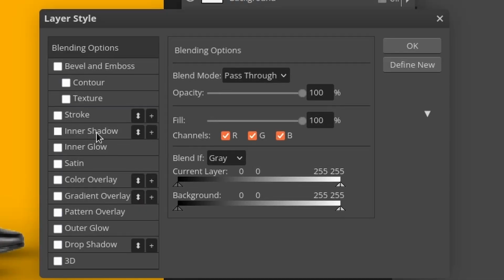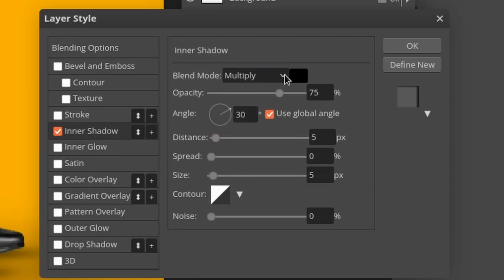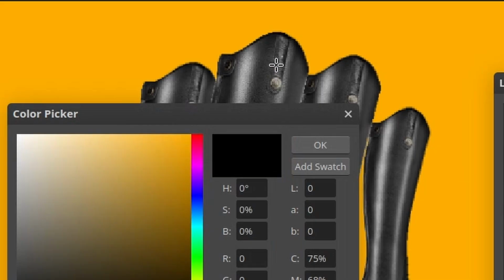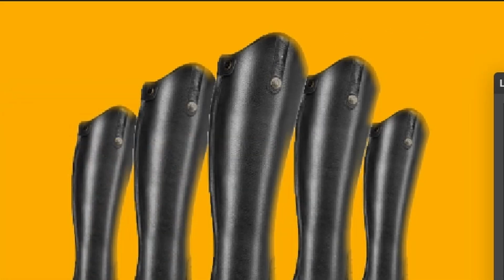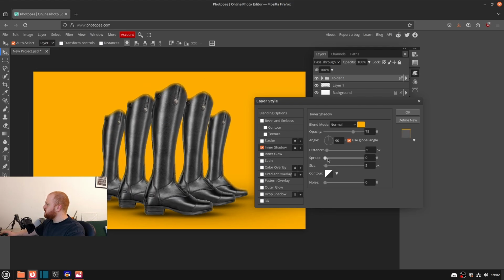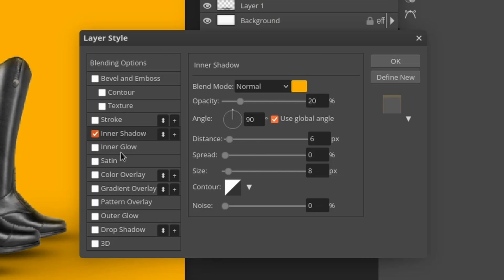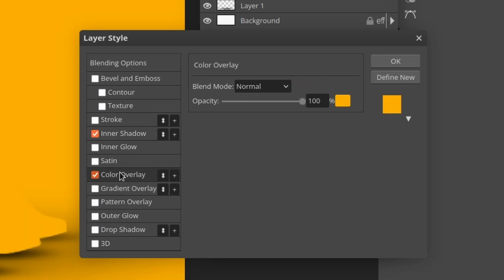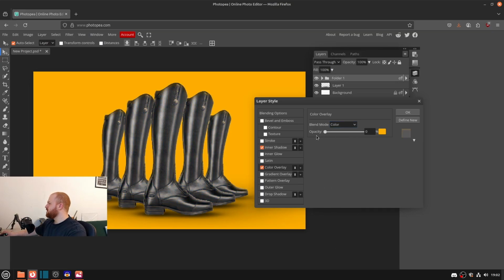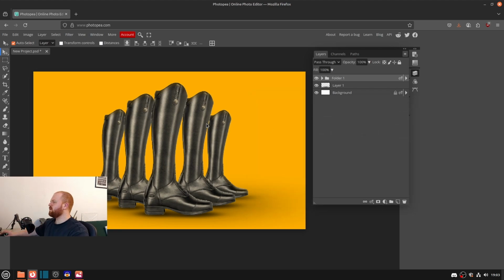So what I'm going to go ahead and do is add an inner shadow, which is normal, and I'm going to use the color from the background. The angle and distance will be this, so it kind of loops in around the entire thing. Another thing I'm going to do is go over to color overlay and change it to color, and also make the boots a tiny bit warmer. That's also going to blend them fantastically into the background, making them stand out less, but still being very nice,